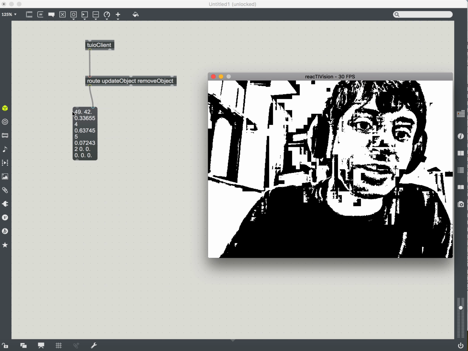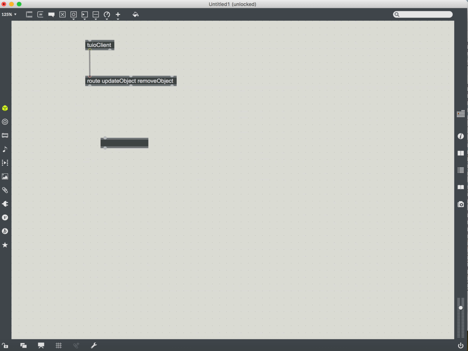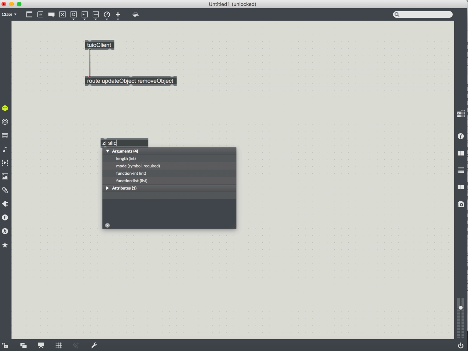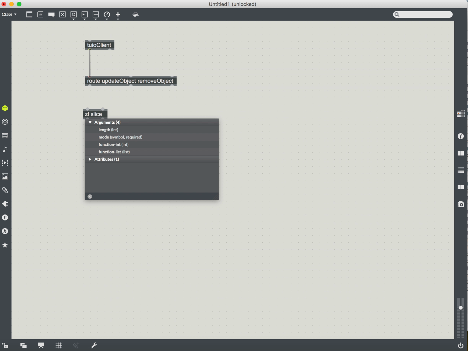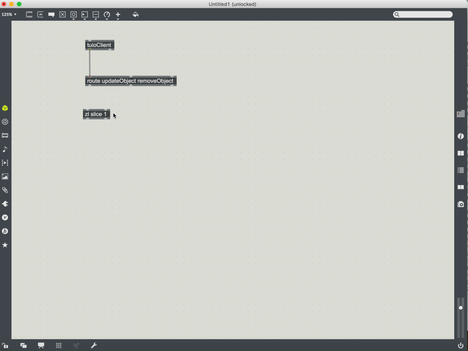So we need to get rid of that, and to do that we can use the object zl slice. What this object does is slice a list into sections denoted by an argument. So if we put zl slice 1, after the first element of the list, it will slice the information and send it out of this outlet, and the first bit of information will come out of here. So this will take off that first value in our list. So just to show you,